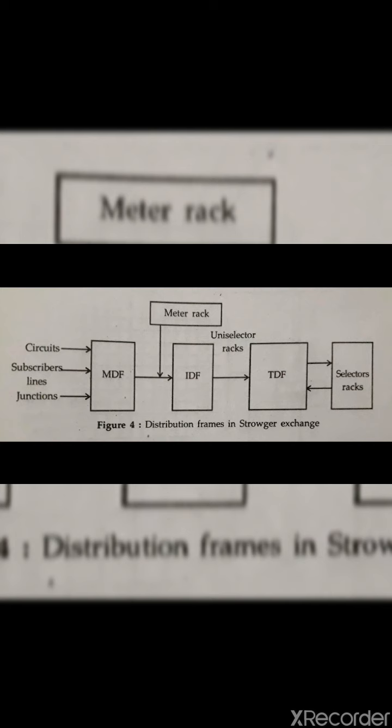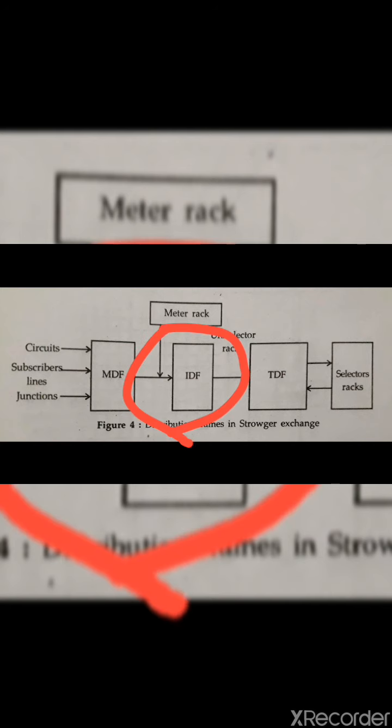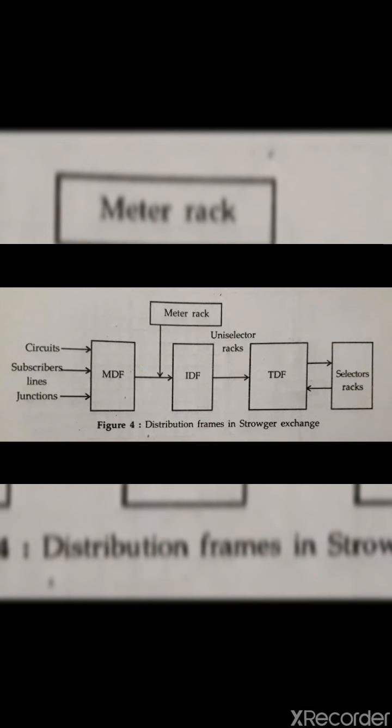The intermediate distribution frame, that is IDF, is used to distribute incoming traffic evenly over the group of first selectors. The terminals on one side of the IDF can be said to correspond to the equipment number, EN, of the lines. Customer uniselectors are therefore connected to the local side of the IDF, since the meter pulses on the P wire arrive at the local side. The IDF provides equipment number to directory number, that is EN to DN, translation.